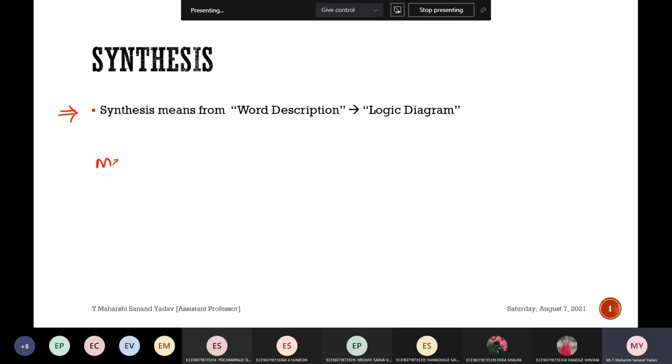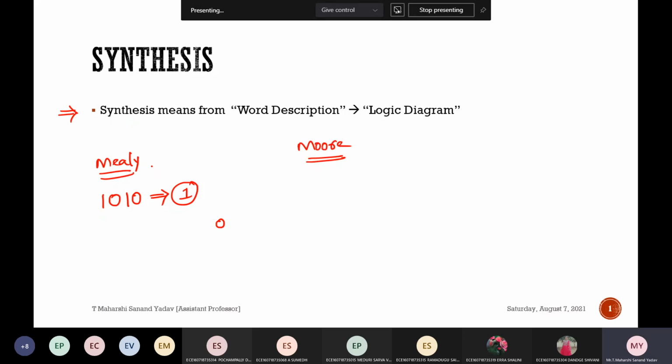I think in the Mealy we have seen this one. We got some sequence like this to detect a sequence 1010. When this particular sequence is detected, output should be 1, or else it will be 0. So this is what we have seen under Mealy. The same story will be applicable for Moore also.